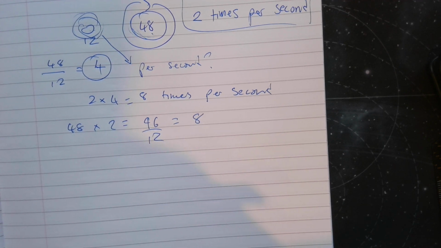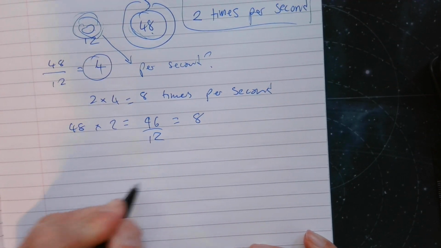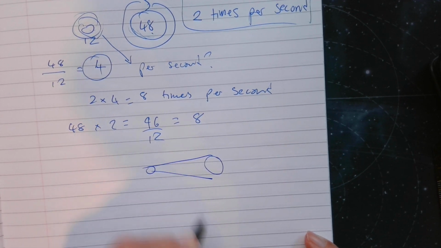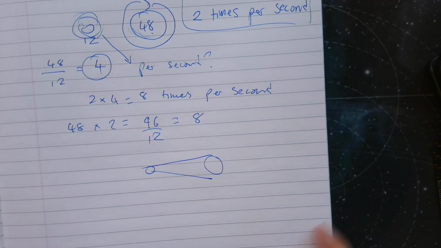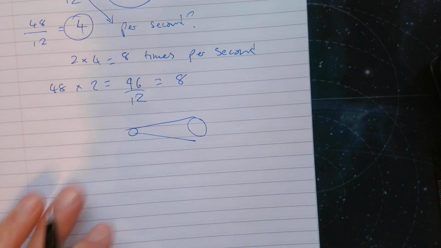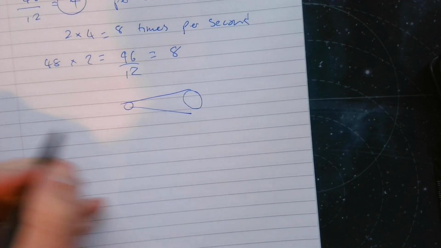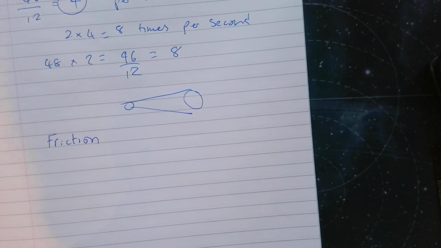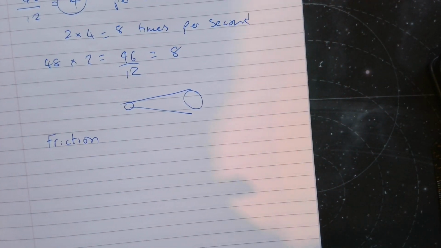Oil is applied to a wheel. So if we zoom in, I'm sure you all know with your bikes, the chain can get very oily, or is very oily. That's obviously for a good reason. Why does oil improve the efficiency of the bike? What I want to see in your answer is the word friction. Okay, so we're going to have friction as the chain moves through the gears.